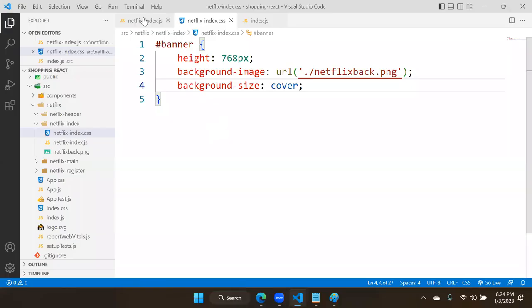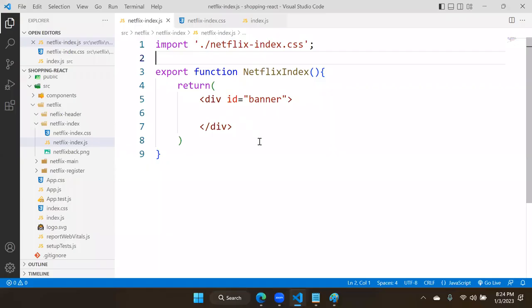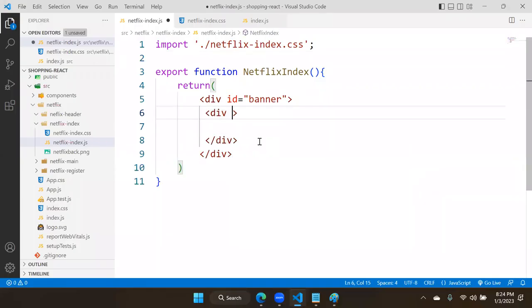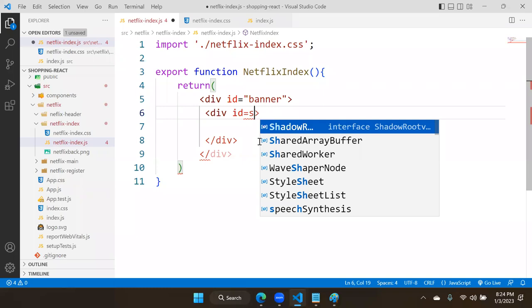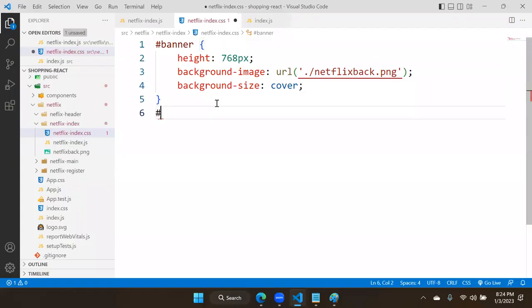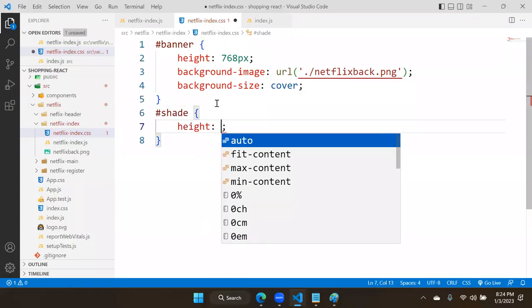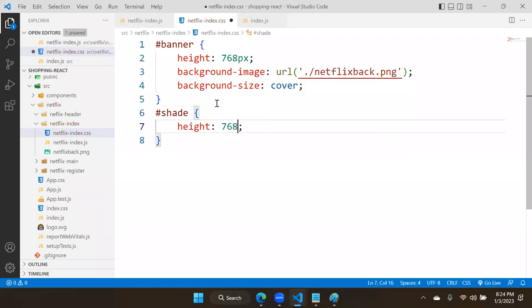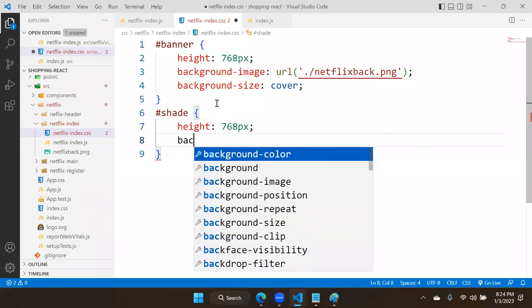Then I will do one thing. In this JS, inside the banner, I will keep another div. I will use the ID as shade. Okay, let's go here. We will access dot hash shade. Shade height is also 768 pixels, and shade has a background color